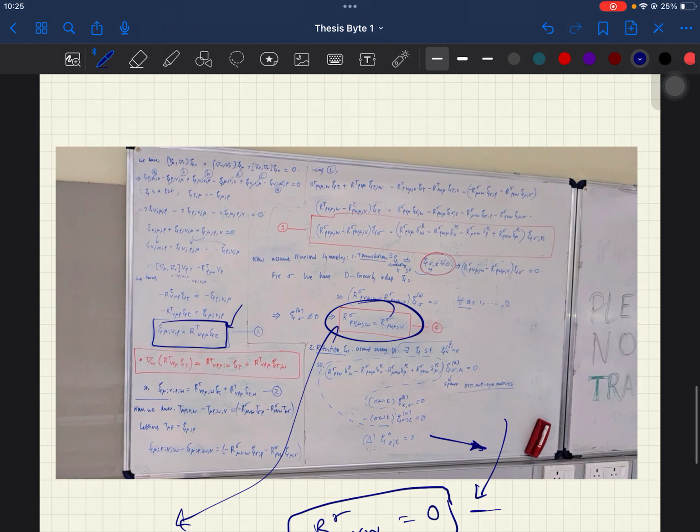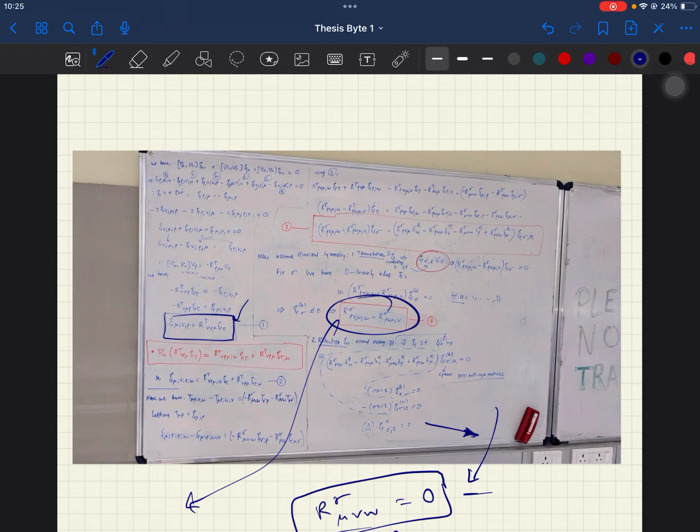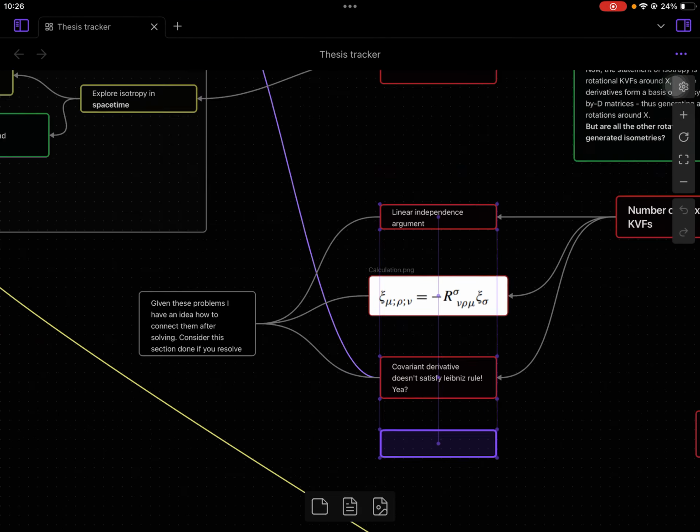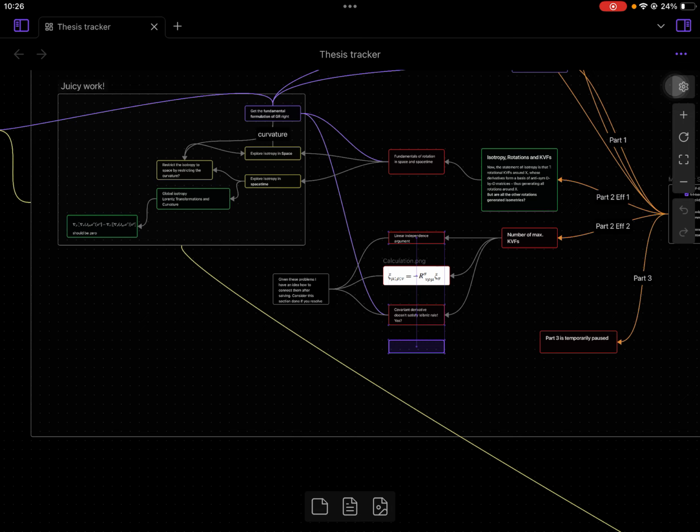So that's the chain. I know it's not perfect. I didn't understand every aspect of it, but I did some calculations. I know where I'm lagging, and I know the story of how things are derived. That's probably the important learning. I will keep trying to resolve these conflicts. And really, I'm even confused about how covariant derivatives satisfy the Leibniz rule: if you contract one of the indices of two tensors and apply a covariant derivative, you can use the Leibniz rule. That's interesting, and I want to derive it sometime.